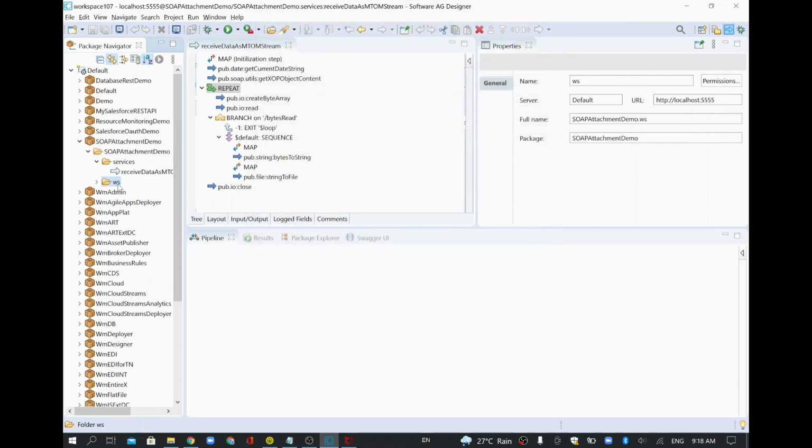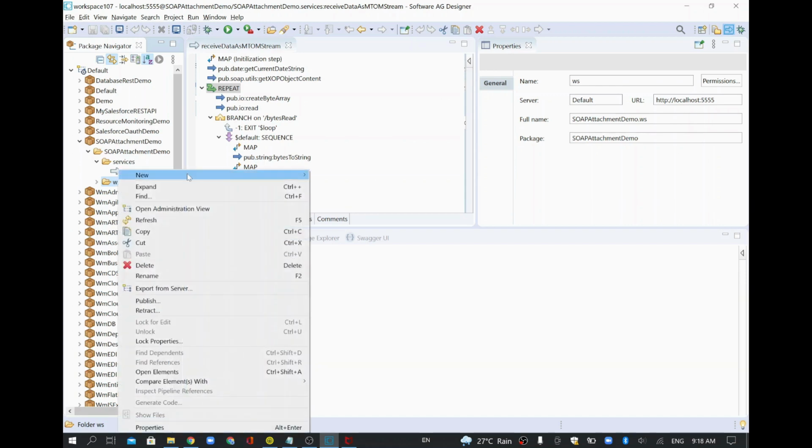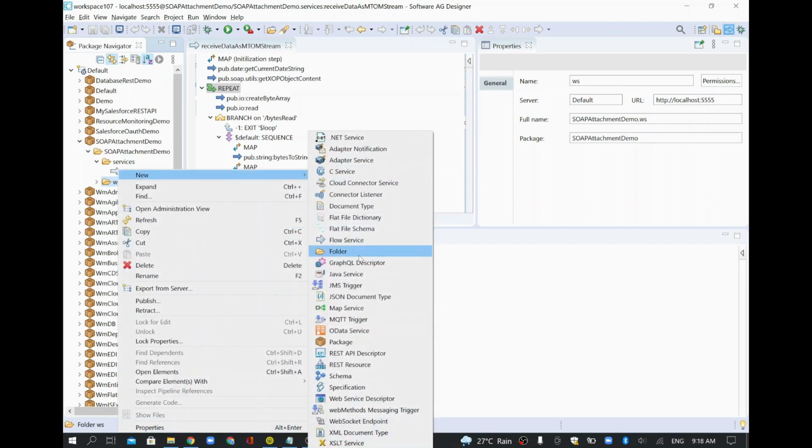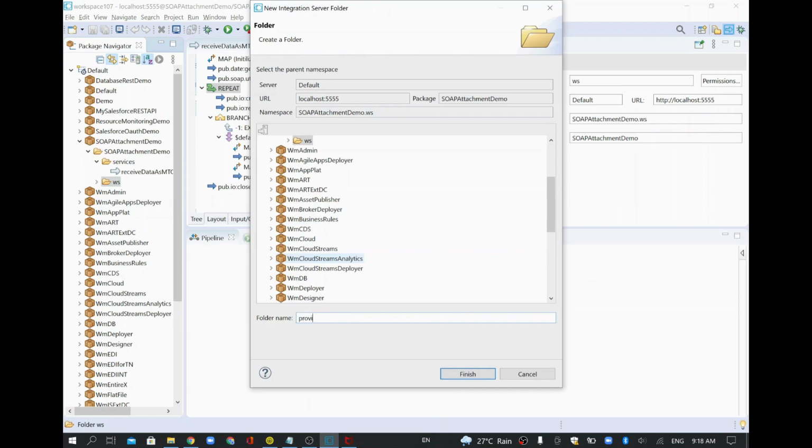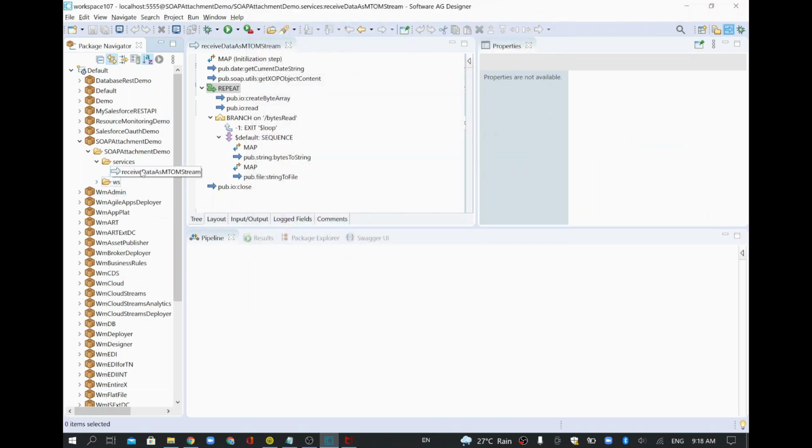This is the web service I'm going to provide. So this web service is going to run in my server. Anybody can consume it, so I'll be acting as a provider. So I'll just create a provider folder. Provider. So I'm the provider for this web service. So we are going to provide this web service, right? So I'll just right click.